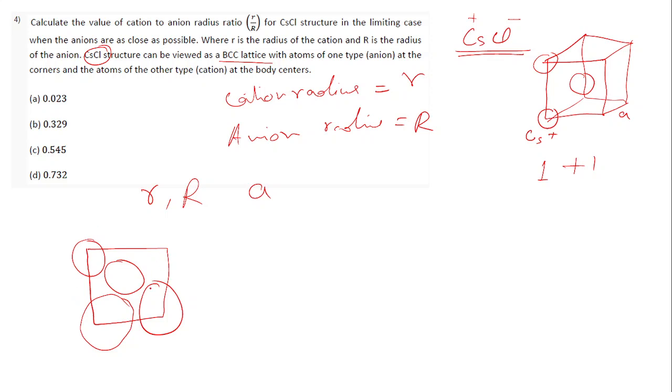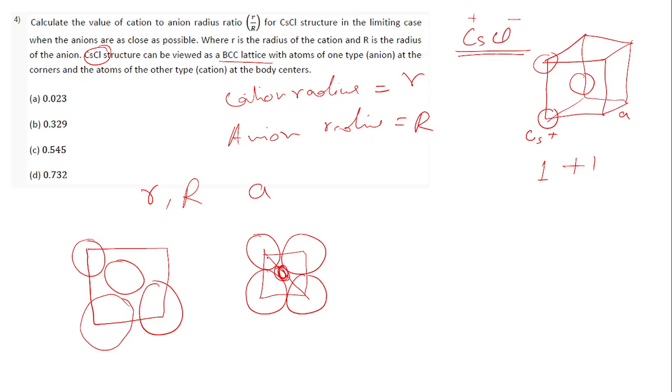Okay, it's as close as possible. That means basically the cations are touching each other and the anion is very small and it is residing in the gap in between. This is how CsCl atoms are actually arranged: the cations are like this and in the gap in between, the chloride anion is sitting. But okay, so in this body diagonal